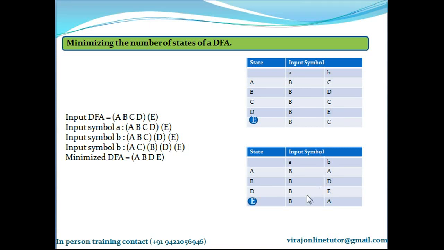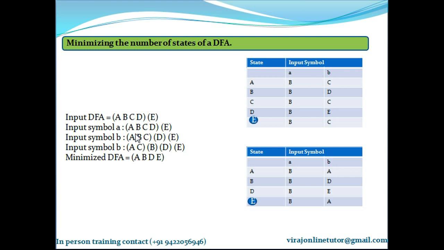Now this is a transition table of a minimized DFA. So our task here is to convert a DFA to a minimized DFA. We have to reduce the number of states of the DFA. Okay. So now let's learn how to minimize the states of a DFA. So first step, what you do is you divide the states of your source DFA into two groups. One group containing only the final states and one group containing non-final states.